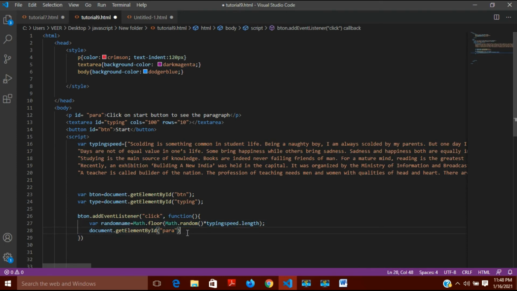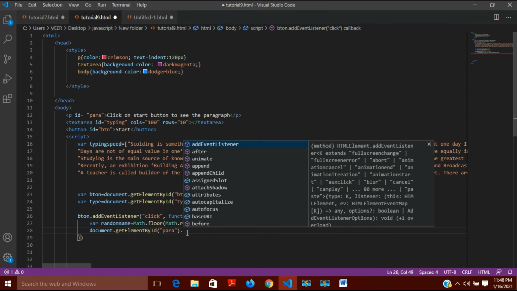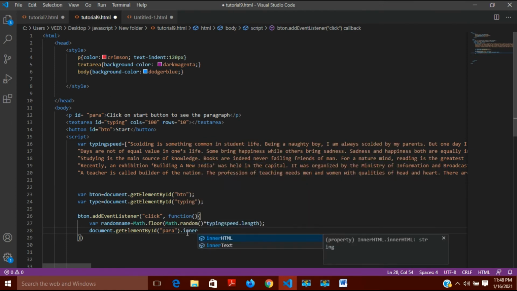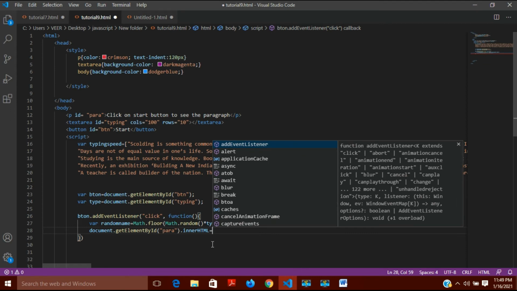Okay, so I had told you in the 6th video also, whenever you want to do this, you will use dot innerHTML. What innerHTML does is it changes or replaces whatever is there on that ID. It replaces it, but with what? It will replace it, again using arrays, for which you can go to my 7th video, which is the previous video.